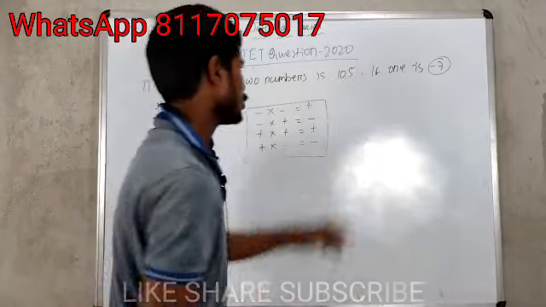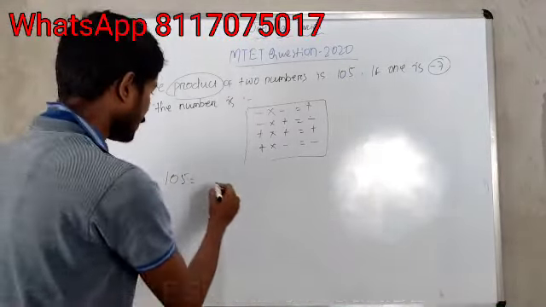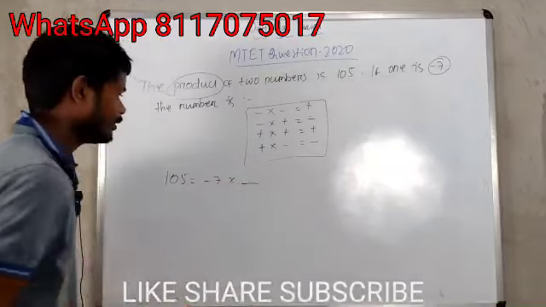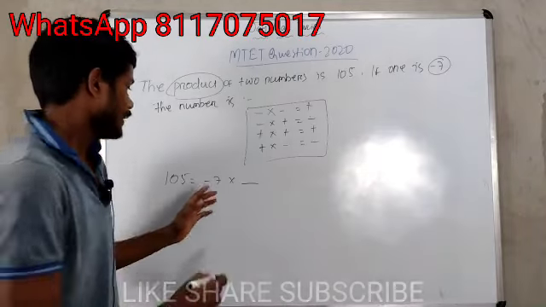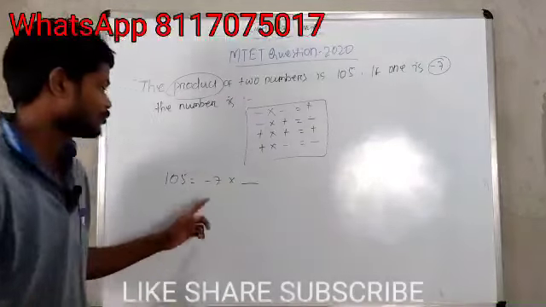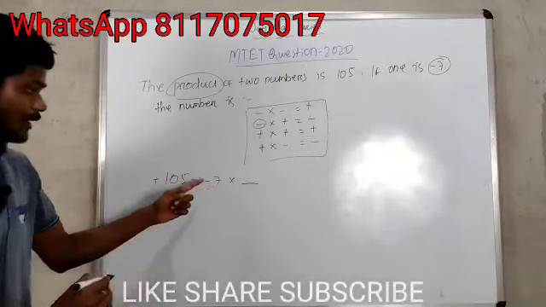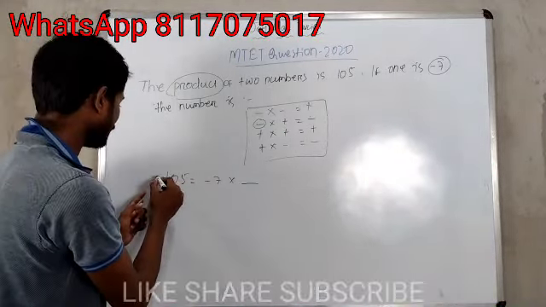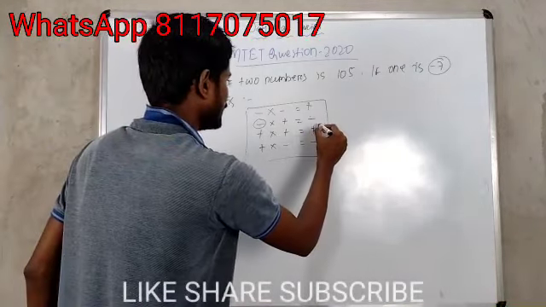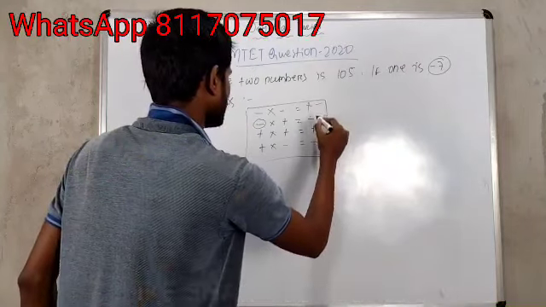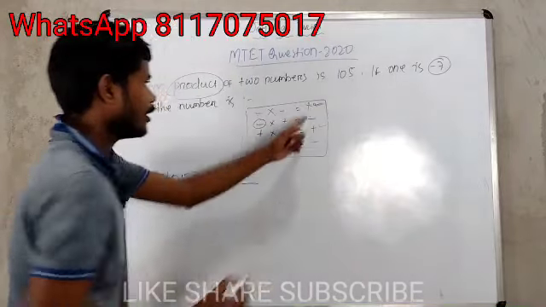Then the answer is 105, and the multiplication of -7, and we have to find out and give the proper answer. What is the other number? Then we know that there is a minus number in the question. If you find out the minus, then the other is in plus. The answer is in plus. Then we have to find out the result is plus and the question is minus. Then it must be this one or this one. This one, because minus into minus is equals to plus.